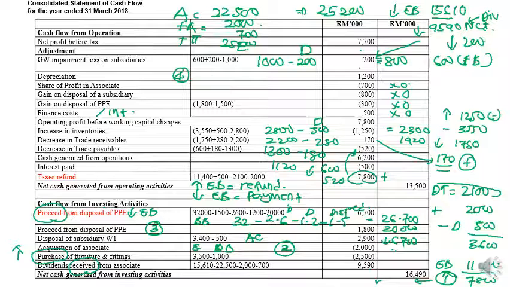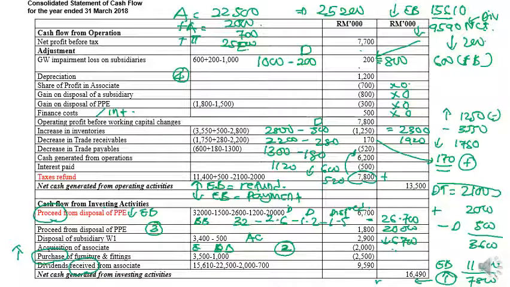Okay, the first item here is the one you have in current assets. So you have inventories here. This one is your beginning balance, 2,800. You need to minus 2,800 here, and then you need to minus the inventory that we dispose, 500. Minus the disposal of 500, so the balance that you have here is 2,300, and then compare with the